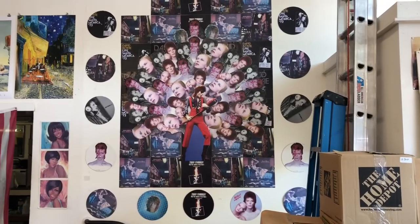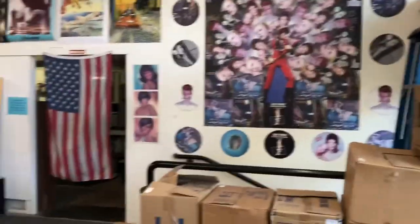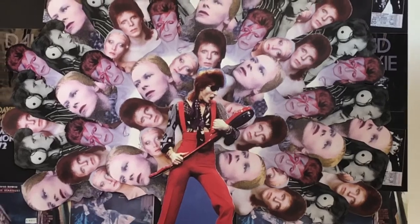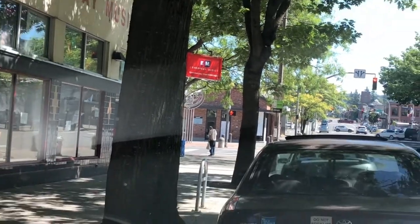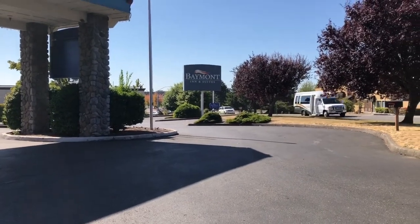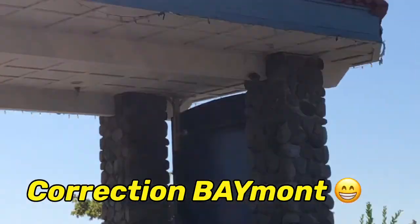That's cool. Piece of artwork right there. Bowie. Cutouts. Alright, so leaving Everyday Music. Also the Toyota here says do not forklift. It's probably a good idea. Got some good stuff. Alright, so we made it to Bellingham and we're staying at the beautiful Belmont Inns and